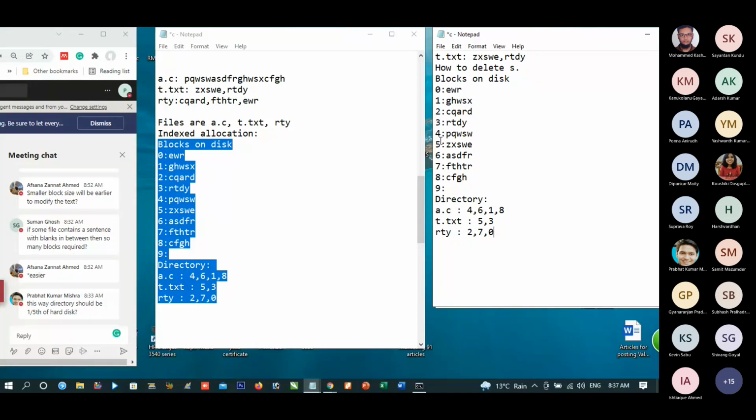In 5, we want to delete S. See, we shall go to this location. T dot text is in block 5, and afterwards it is in block 3. We shall go to the location, block number 5, and from here we shall delete this. Is it clear to you?